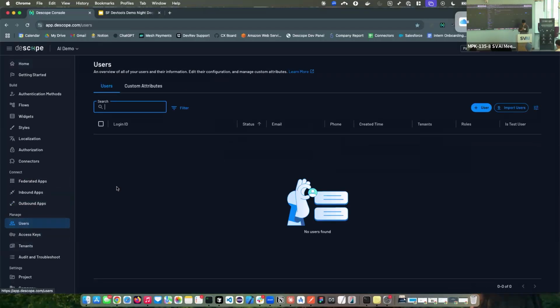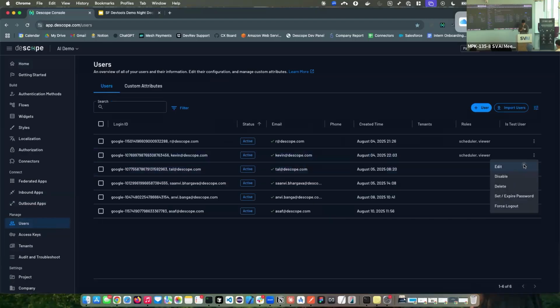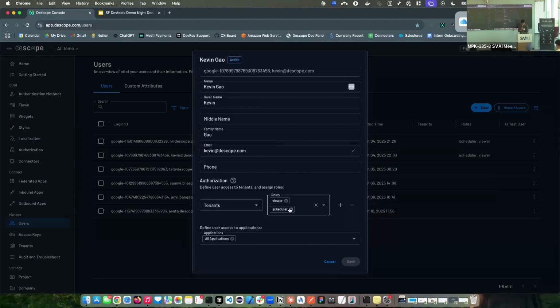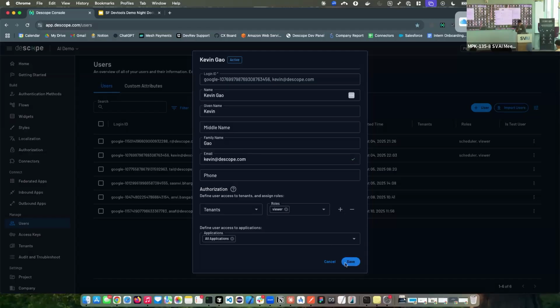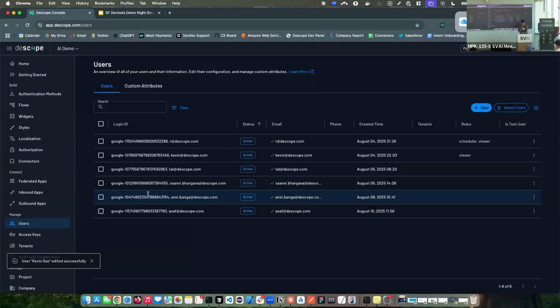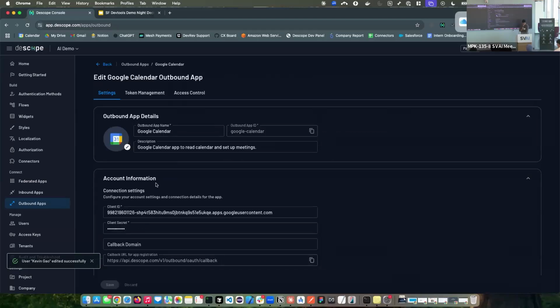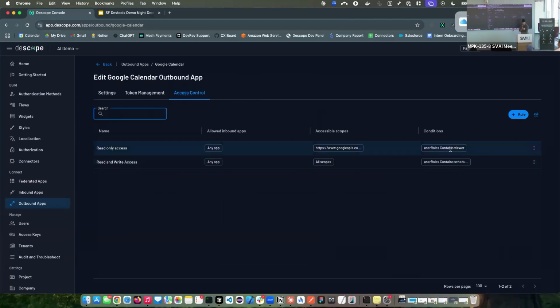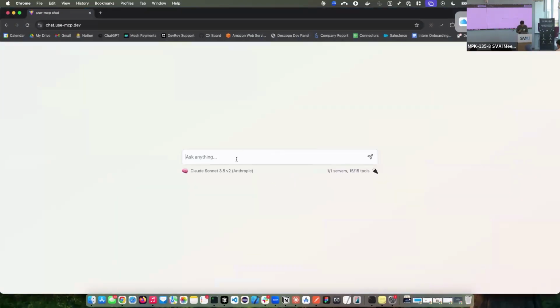If we go back to my users table here, you can see that I have the viewer and scheduler role. So now if I just have the viewer role and not the scheduler role, then if we go back to the policy here, you can see that unless the viewer user roles contain scheduler, I don't have access to the read and write access scope in Google Calendar. So what's going to happen is, even though I've granted consent as a user,